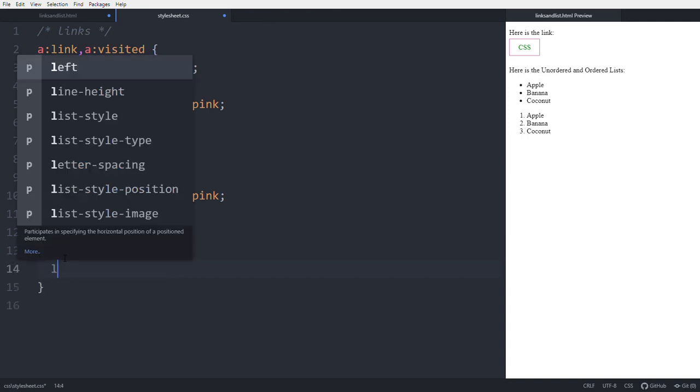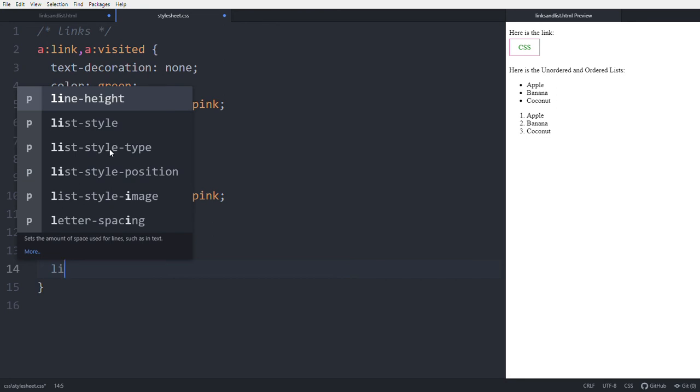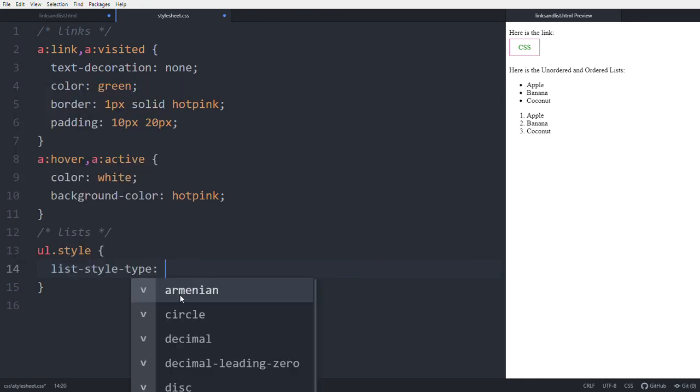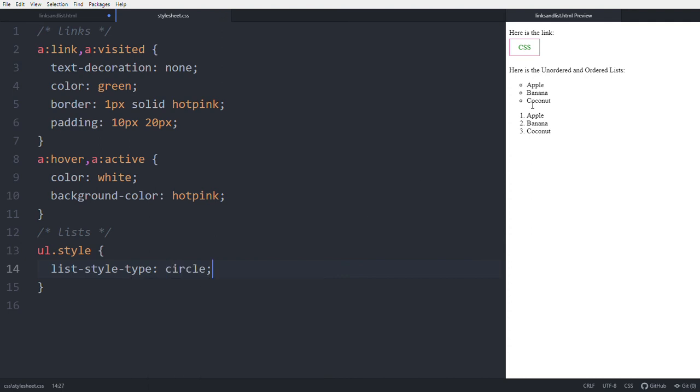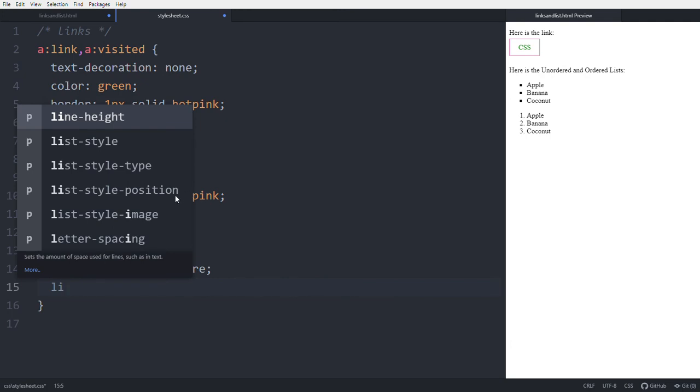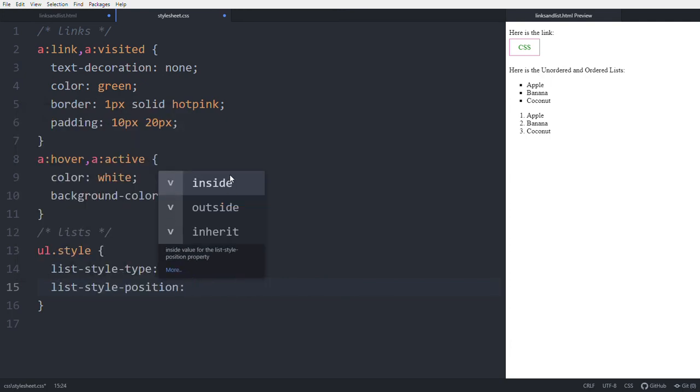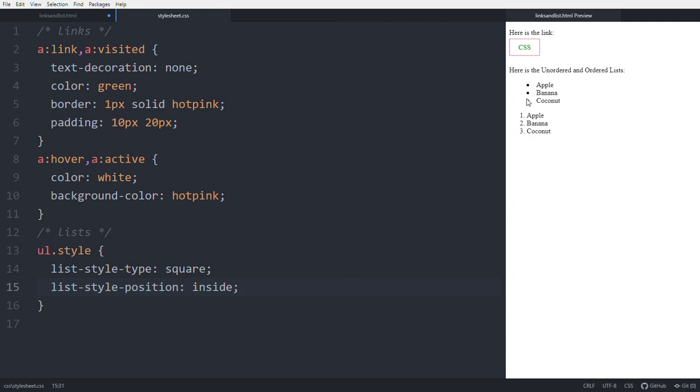In this, first list style type, by default those are disc. You can make it circle. See, those become circles. Whichever you like, or if you want to make it square, you can use square. Those become squares like this. This is the list style type. Next one is list style position. By default this is outside, make it inside. See, those become inside.